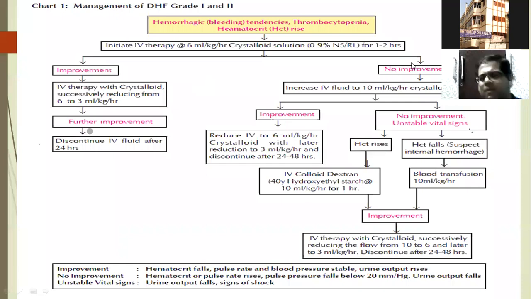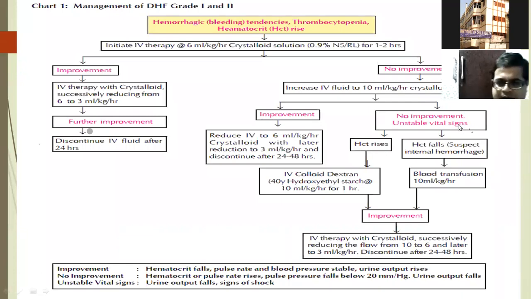But if there's no improvement after 2 hours, increase the IV fluid to 10 ml per kg per hour crystalloid for 2 hours. So from 6 to 10, there is no role of 8. If there's an improvement, again come down. If there is no improvement and unstable vital signs within 4 to 6 hours of admission, then you have to again